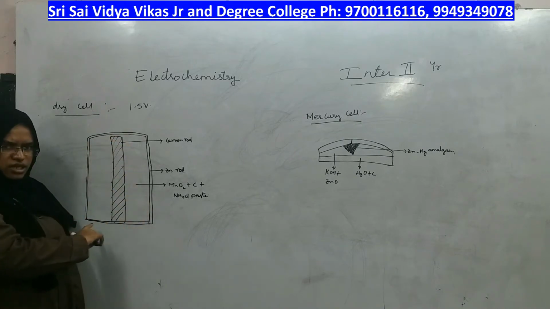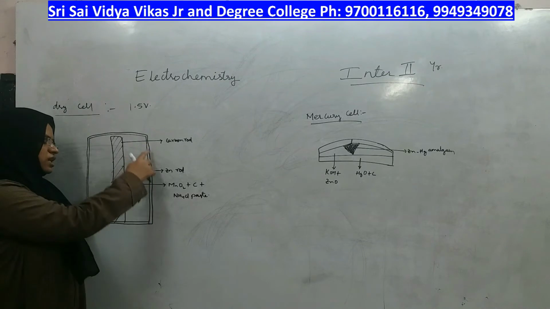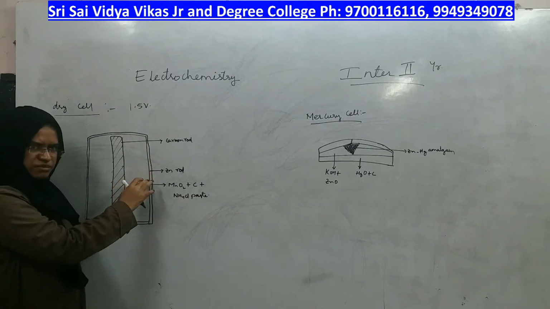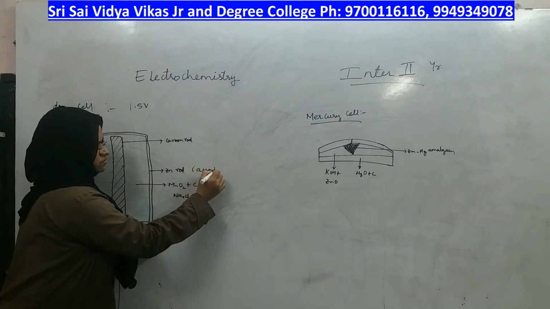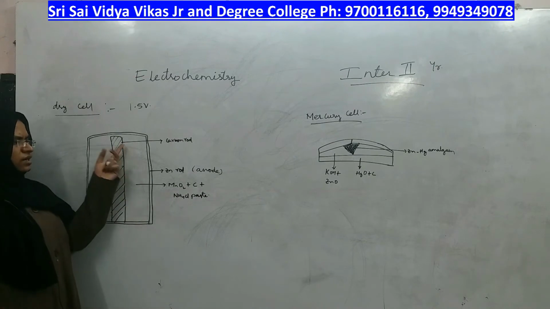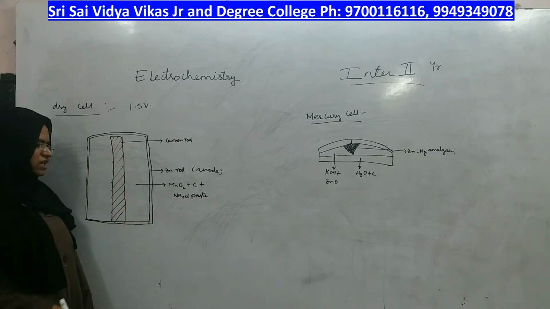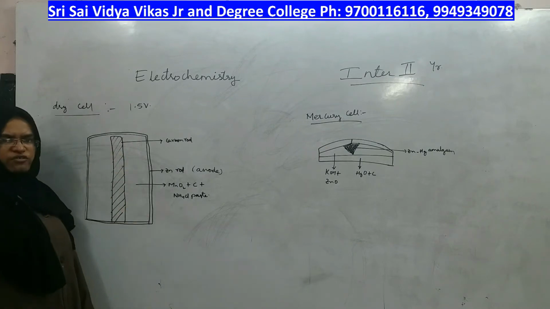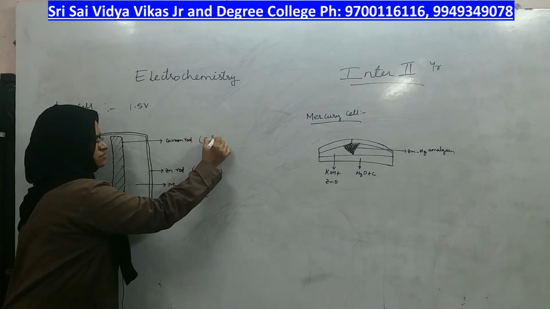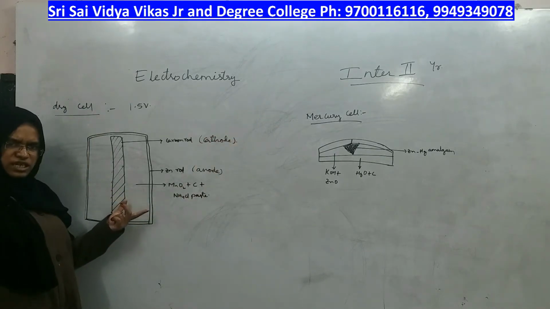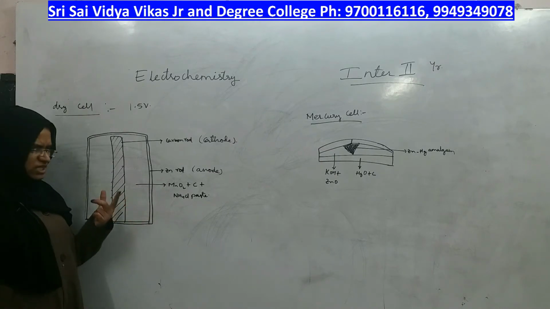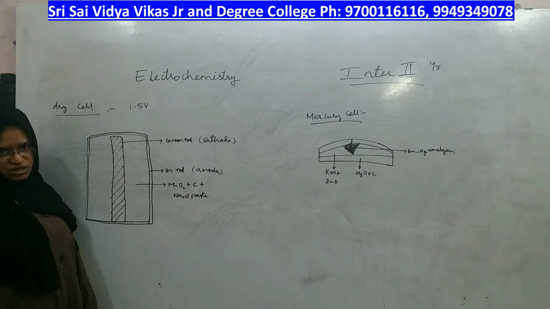And the container itself acts as anode. The container is of zinc material and that container itself acts as anode. And inside that container, in the center of that container, you will find one carbon rod or a graphite rod which acts as cathode, right? Zinc container itself acts as anode. Therefore, if you are saying it to be anode, it should undergo oxidation reactions, and if you are making carbon rod to be cathode, it should undergo the reduction reactions, as we already know, right?